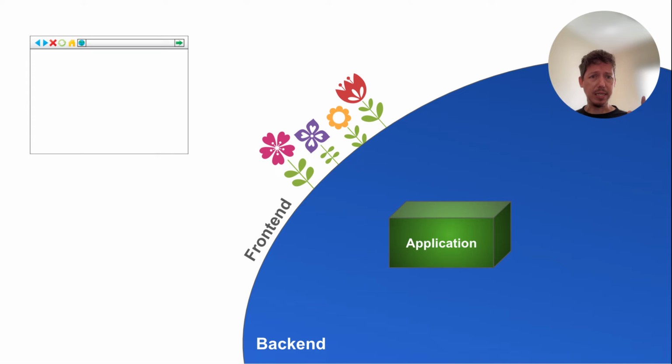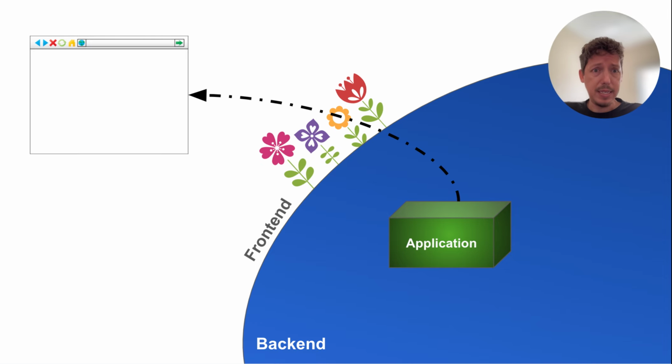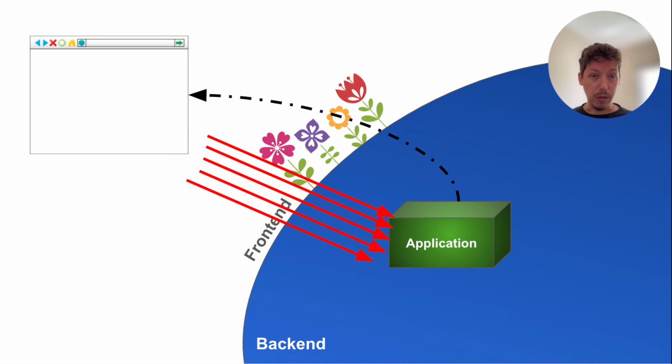Imagine that in your application something changed in the backend and you need to notify the front end that something changed. You could have WebSocket connections already established, open connections between all the browsers from all your customers and your backend application, and then you send events there. When something changes, you send an event to the front end, and the front end from all those browsers that are connected will send API requests to refresh whatever they have on the screen to get the latest updates. And we saw a ton of API requests that arrive at the same time